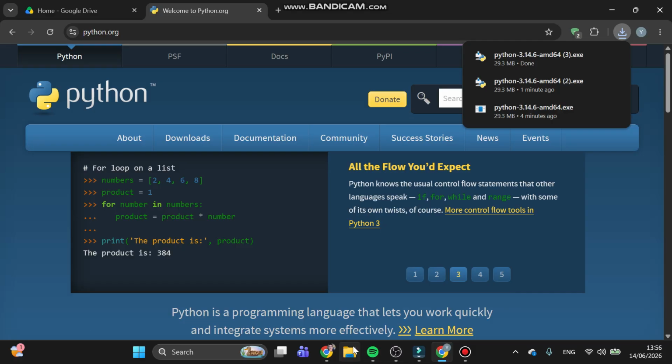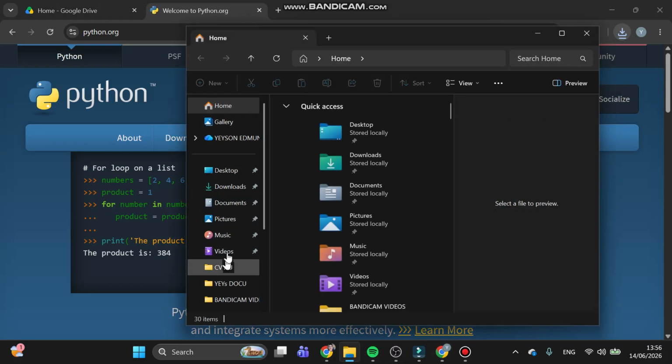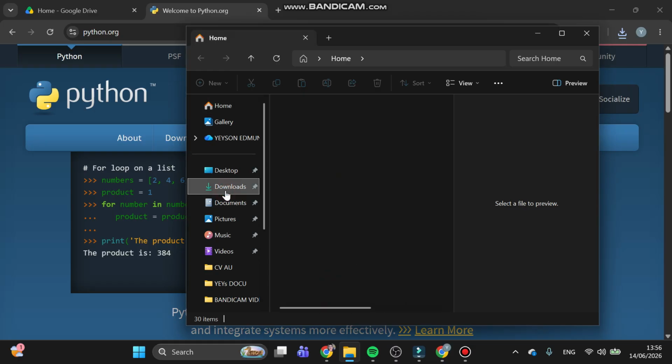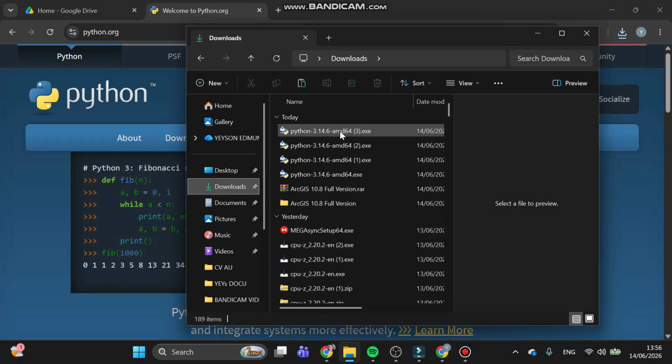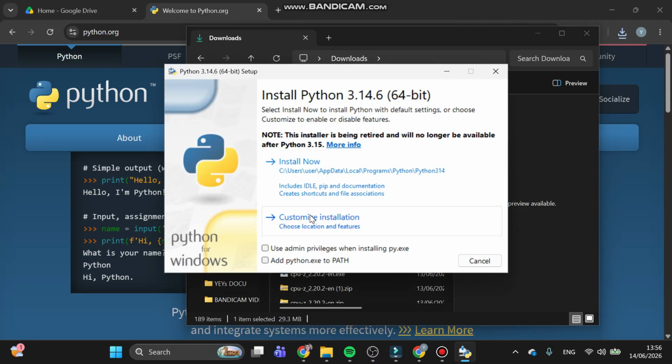Now open the File Explorer, go to Downloads, and here we have the file. So double click on it, click on Customize Installation,